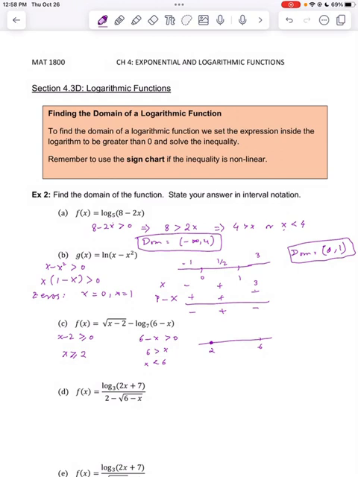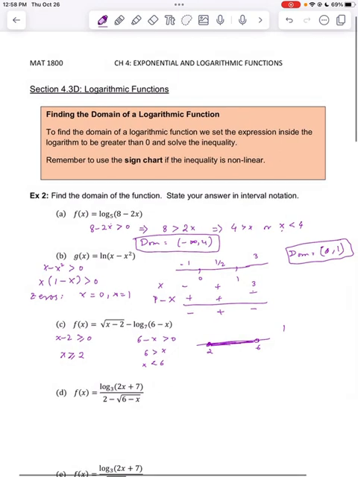And then on the second one, x is less than 6 means starting at 6, not including 6, if you go to the left, everything to the left. So if you notice, the overlap is going to be here. So the domain is